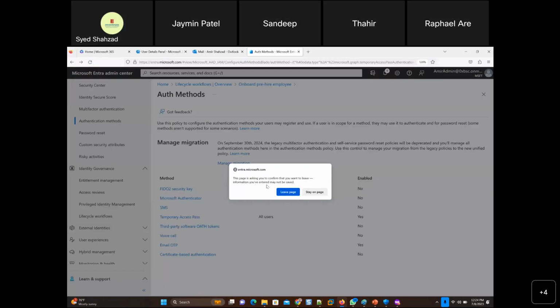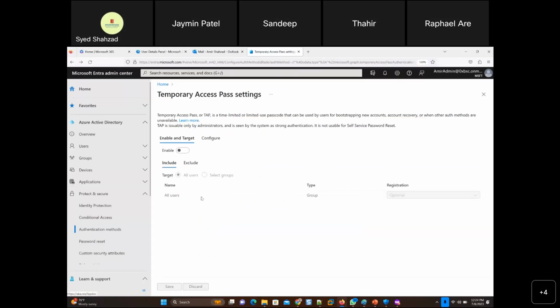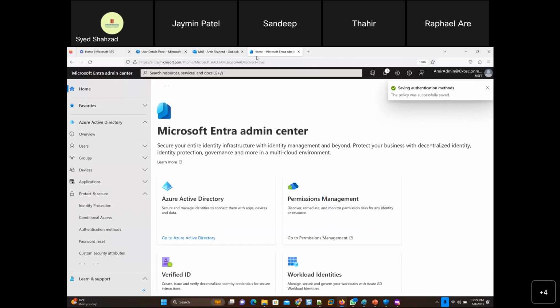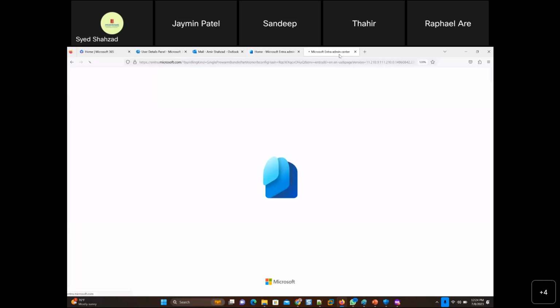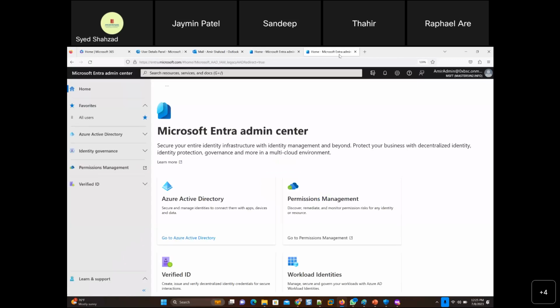This page is asking you to confirm that you want to leave. Information you have entered may not be saved. Okay, leave. Ouch. Well, I'll just check that. Oh, it's disabled. Okay, seriously. It's very sensitive. So I'll just open another duplicate tab for that. Just a second.